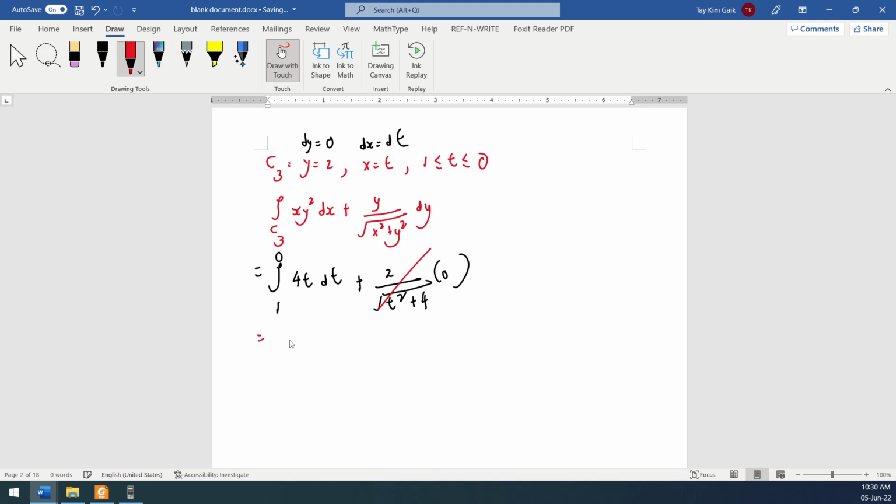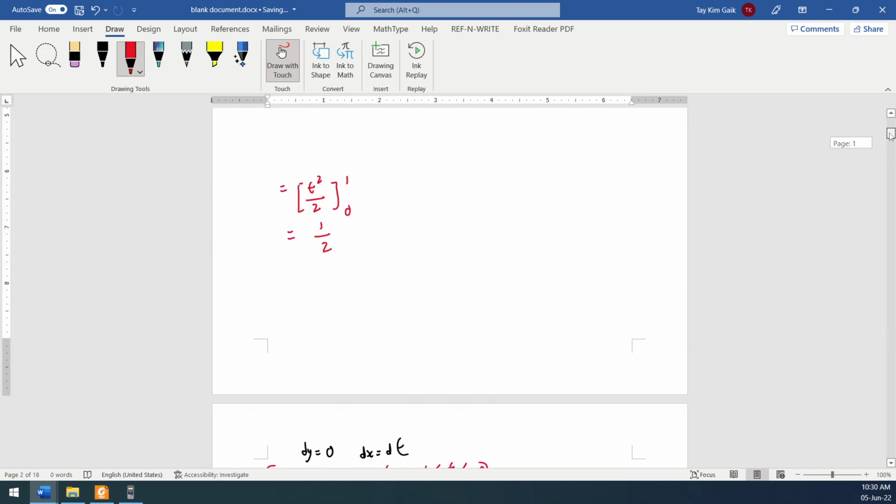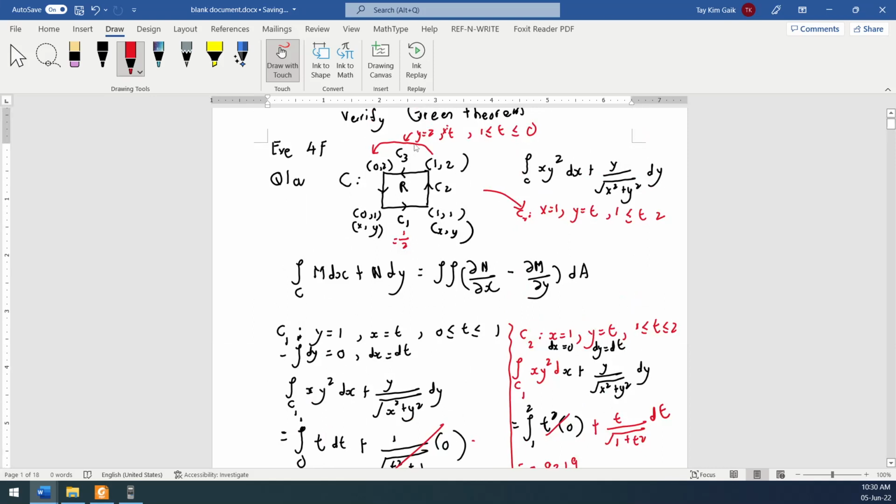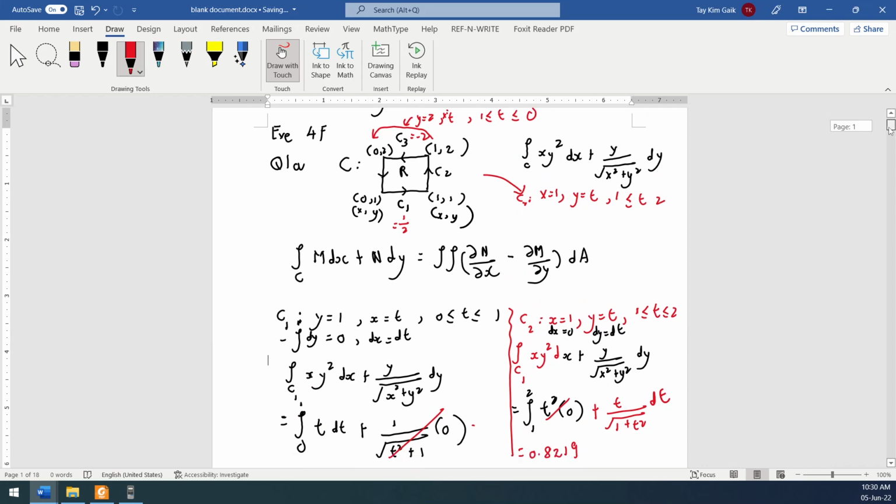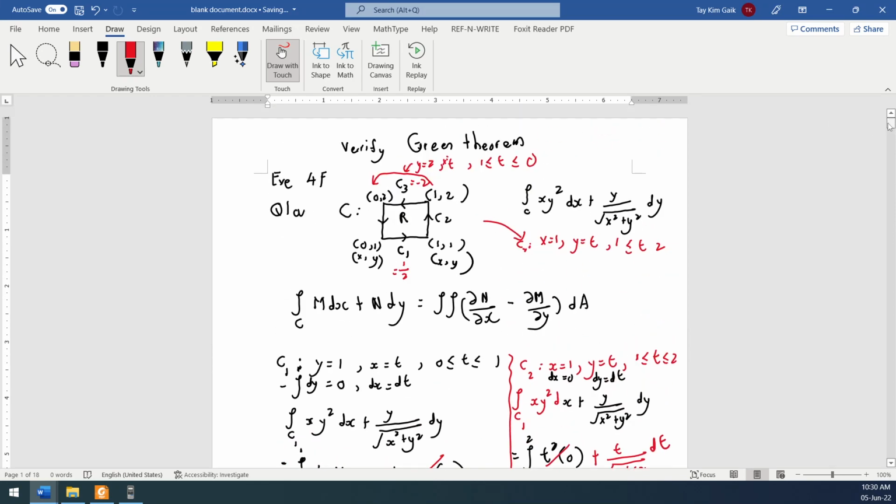So you get 2t squared, from 1 to 0. So you have 2 times 0 minus 2. The answer is negative 2. The C3 answer is negative 2. And C2 just now was 0.8219. Later on you have to add up this answer, the half plus 0.8219, plus minus 2, and then